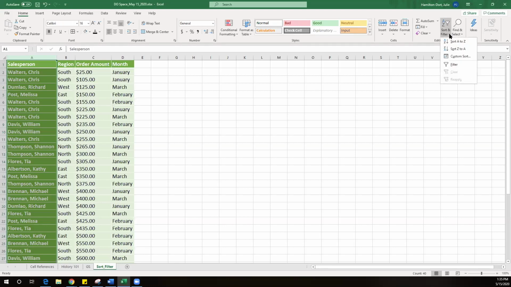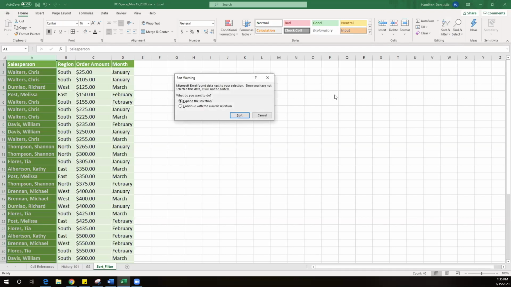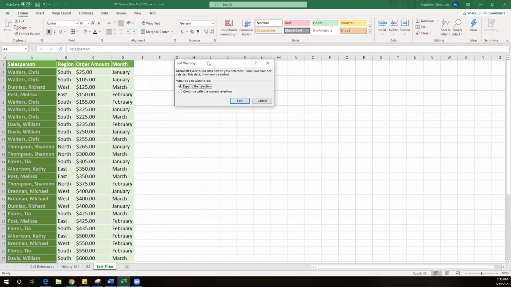Because I have column A selected, it knows that those are all labels, and I can sort from A to Z or Z to A. So I'm just going to go ahead and click on sort from A to Z, and Excel will populate this sort warning. More than likely, you want it to expand the selection, because if I don't expand the selection, then it's just going to